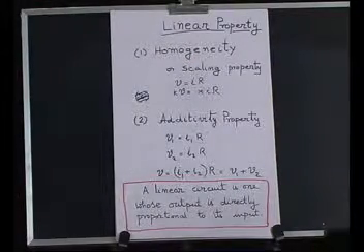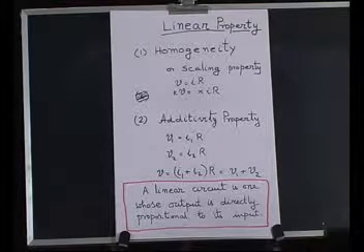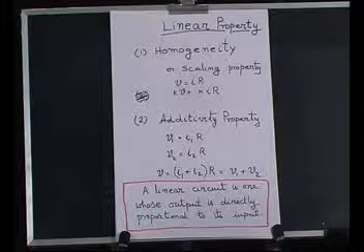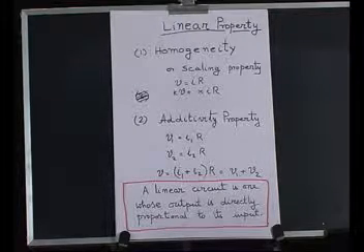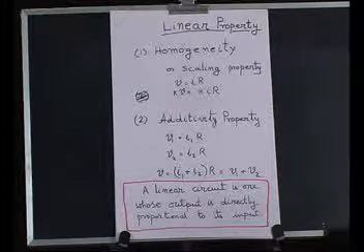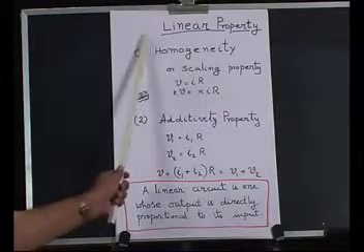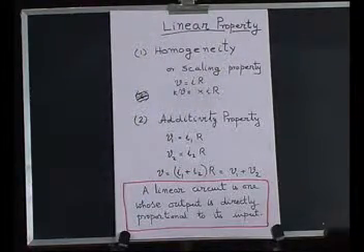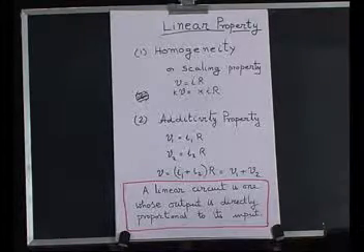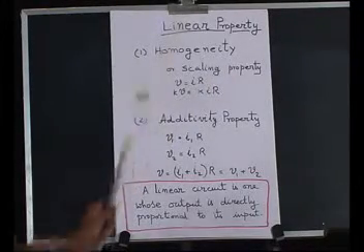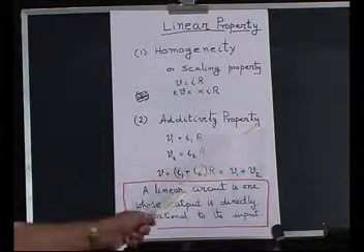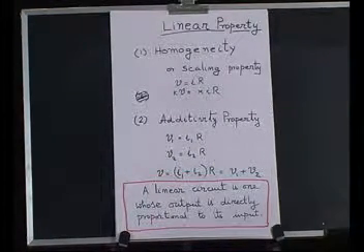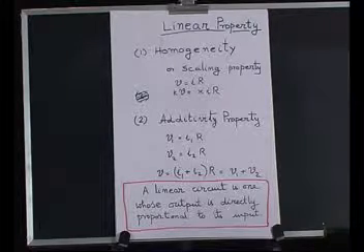We shall now study three theorems. One is the superposition theorem, and the other two are Thevenin's theorem and Norton's theorem. All three theorems depend on a property called the linear property. The linear property consists of two things: one is called homogeneity and the second is called the additive property. If these two are satisfied, then we say a particular element is linear.